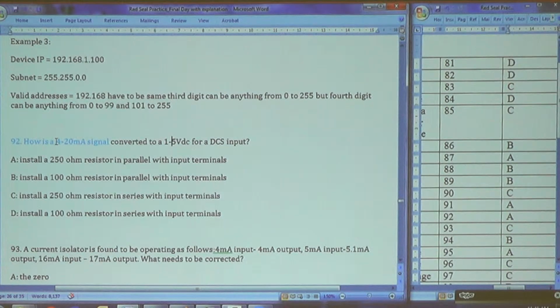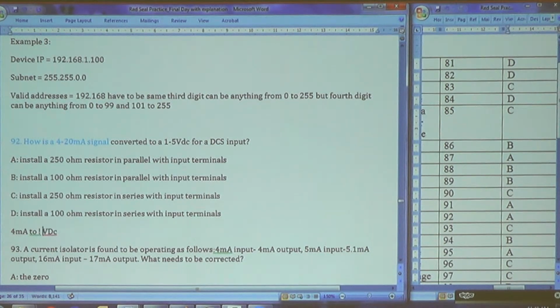Basically we are trying to convert a 4-20 milliampere signal to 1 to 5 volt DC, right? So the resistance value for 4 milliampere to 1 volt DC is 250 ohms. Should I give you the calculations? I have made this one. It is a 4 to 20 milliampere signal. So what happens is for 4 milliampere to 1 volt DC,